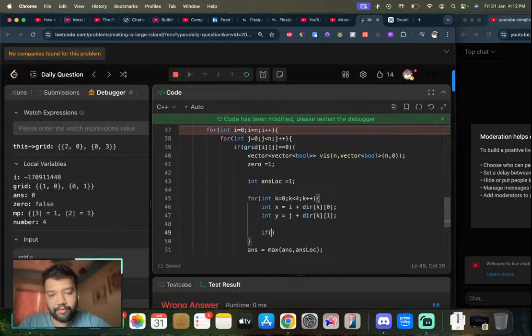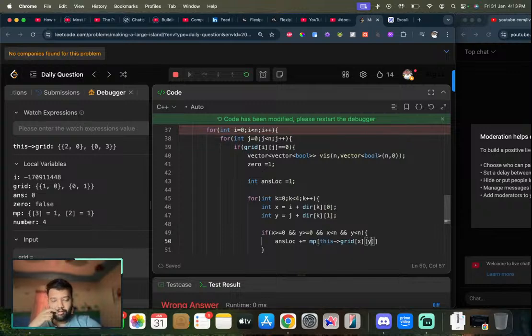Now if x greater than or equal to 0 and y greater than or equal to 0 and x smaller than n and y smaller than n, answer log plus is equal to mp of this dot grid of x y. Okay,